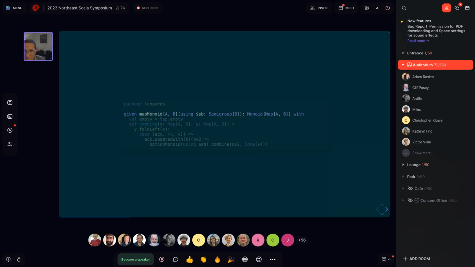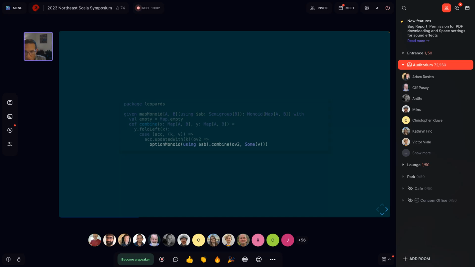We can do the same rewrite. So convert that context bound to an explicit clause, name the parameter. Here we named it $SB. And then we can expand and look at the manifested monoid instance the compiler is inserting.